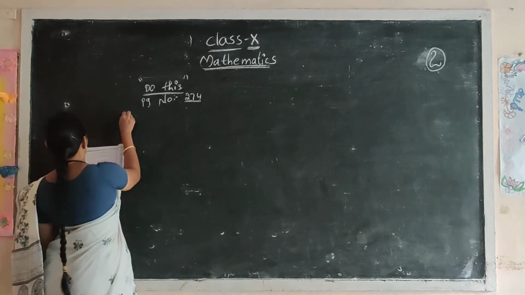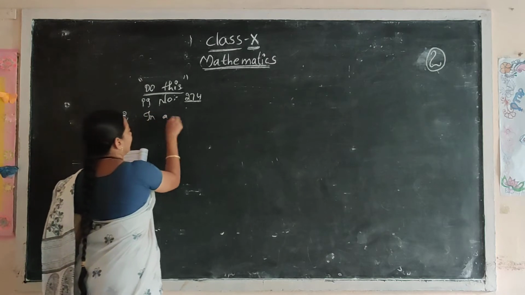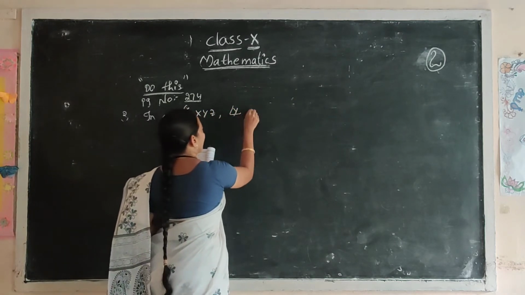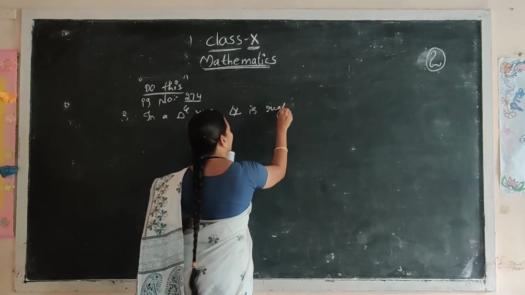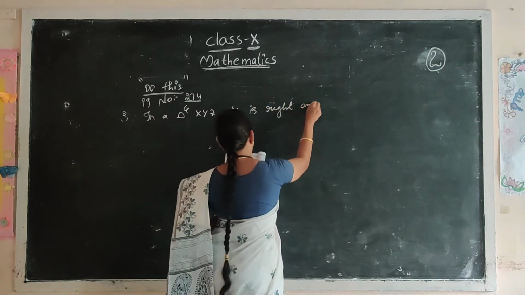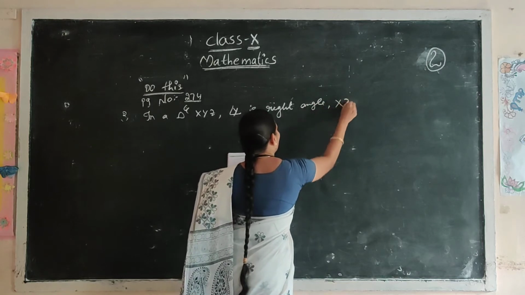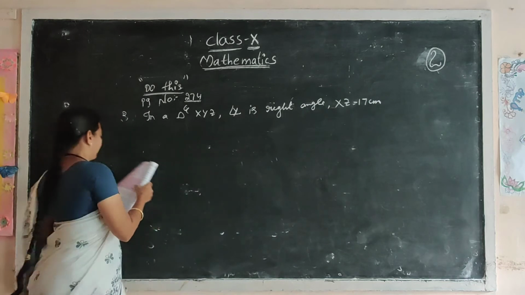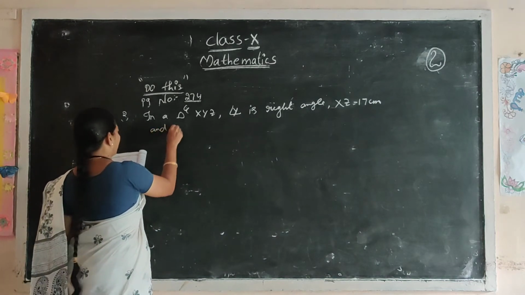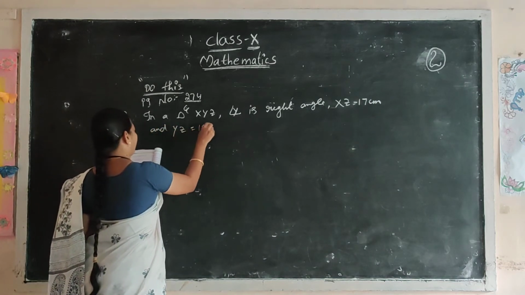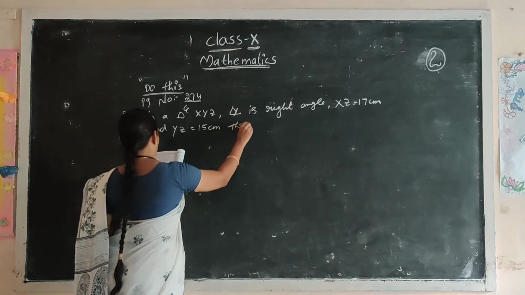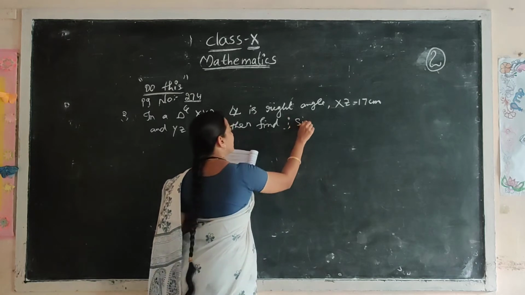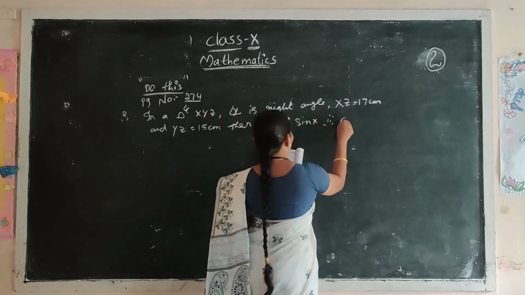Second question. In a triangle XYZ, angle Y is a right angle, XZ is equal to 17 centimeters and YZ is equal to 15 centimeters. Then find first sin X, second cos Z,